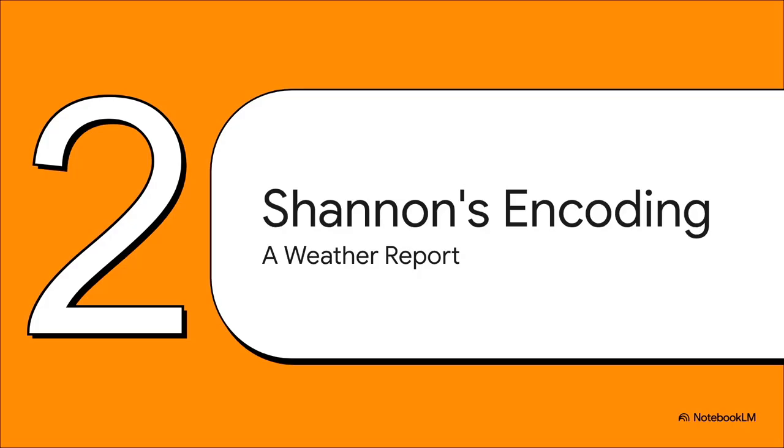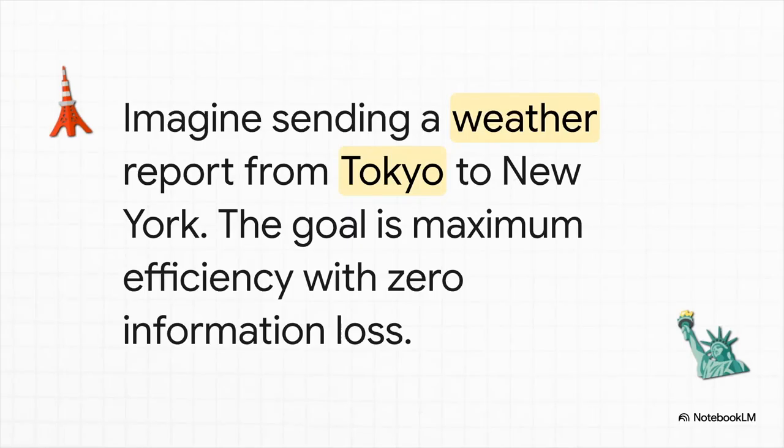So to really wrap our heads around this, we're going to do something cool. We're going to walk through the exact same thought process Shannon went through, but we'll use a really simple, everyday example to guide us. All right, so let's imagine we're sitting in Tokyo, and every day we've got to send a weather report over to a colleague in New York. Now, we're not going to waste time and data sending a whole sentence like, "Hey, the weather in Tokyo today is fine." Nope, we just need to get the core message across as efficiently as humanly possible.